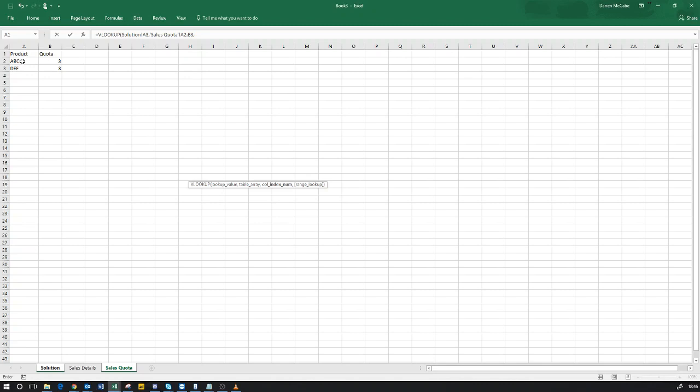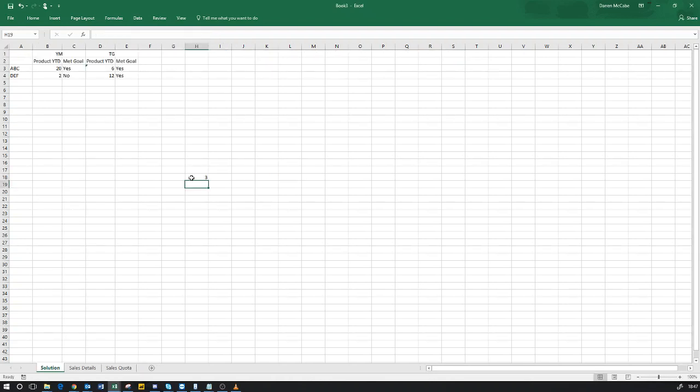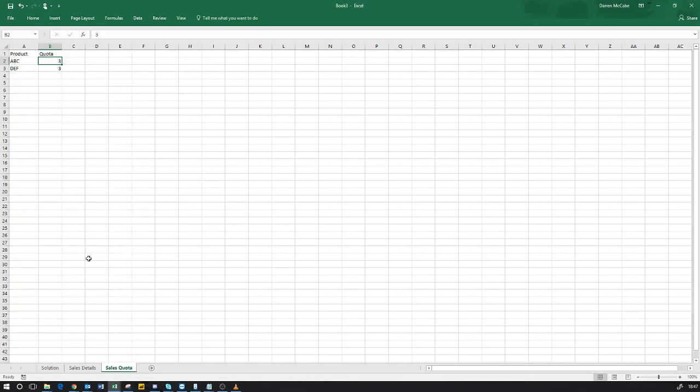You always start at this one, that'd be number 1, that'd be number 2. So A would be 1, B would be 2, in this instance, and we want number 2. And then do you want it to be an approximate match, or do you want it to exactly match what you're looking for? In most cases, you're looking for an exact match. So in this case, it's told to look for ABC in there, which is 3. If we change that to 10,